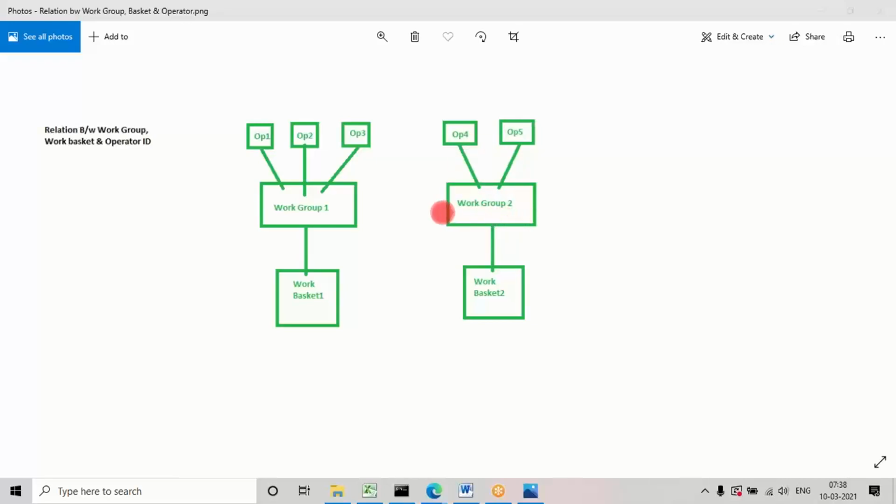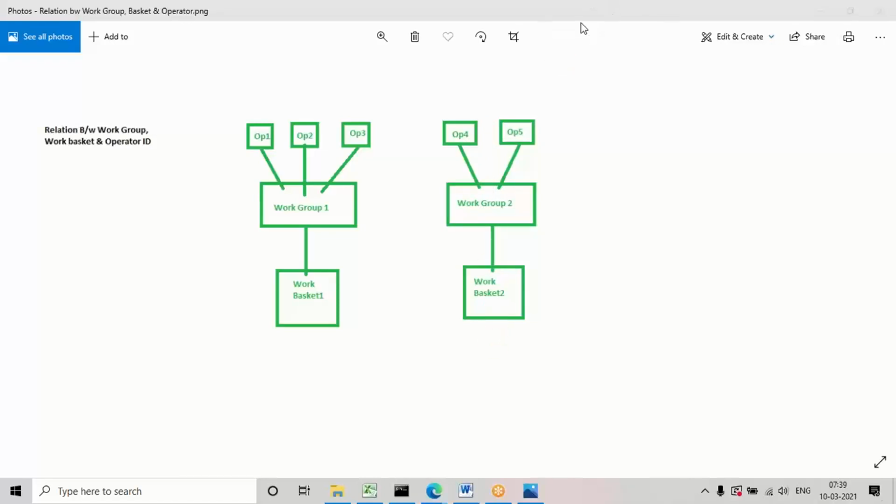So because internally for the team the queue is already connected, again there is no need to specify the queue name for the operators. Directly we will define the team, and internally the queue connection will already be there for the team. Okay, so how to define this complete relation, we'll understand. How to create an operator, work group and work queue relation, now we are going to understand.